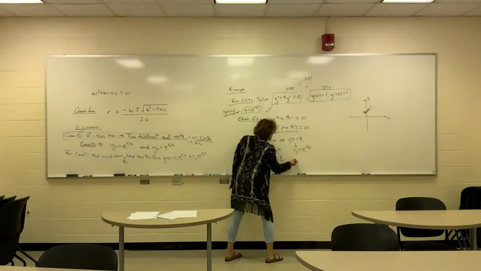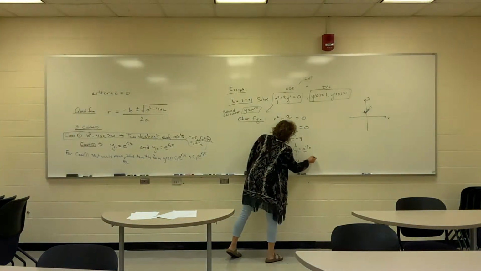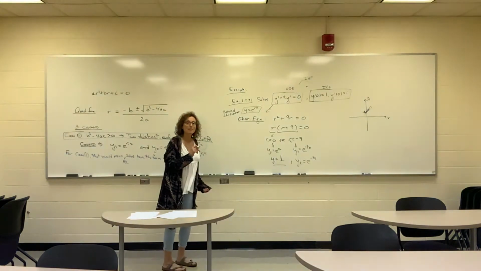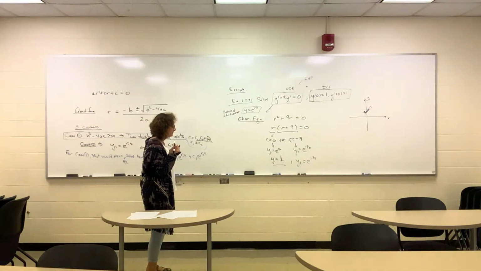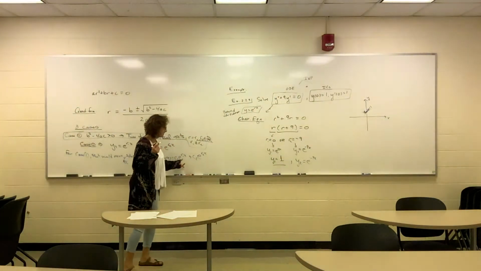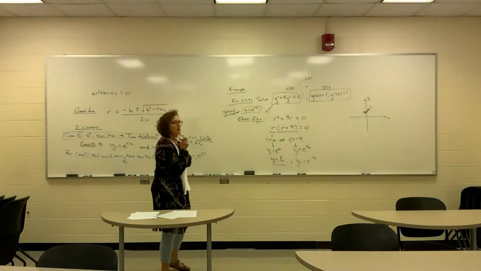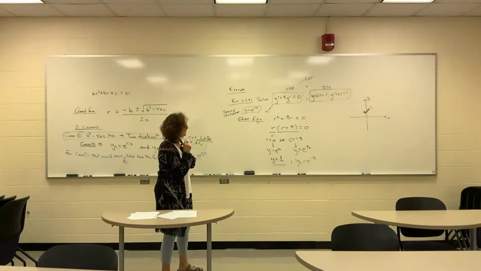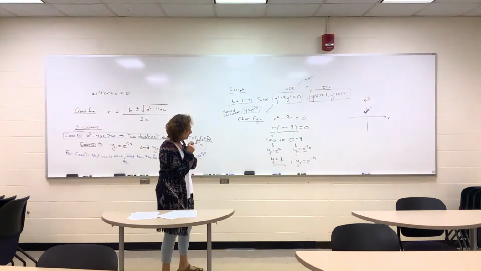And so we have our two solutions: y1 is 1 and y2 is e to the -9x. Now, before we go and claim this is our general solution, did anybody see another solution of that equation that cannot be written